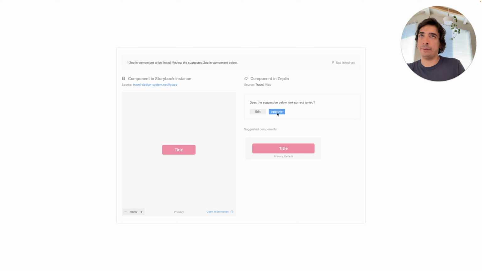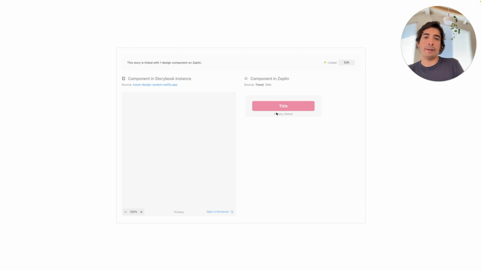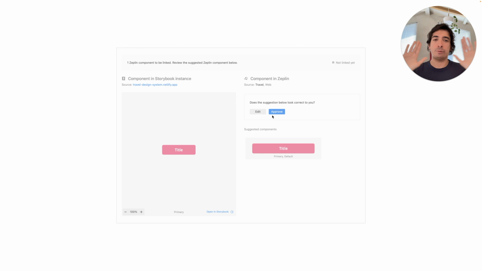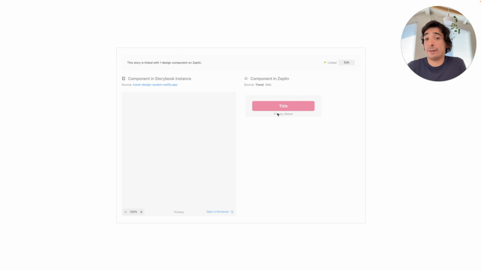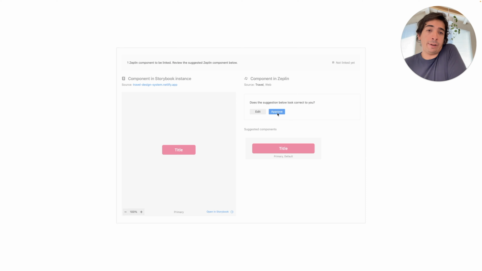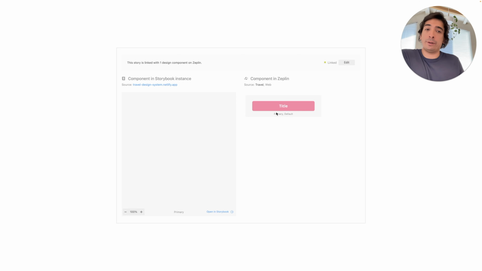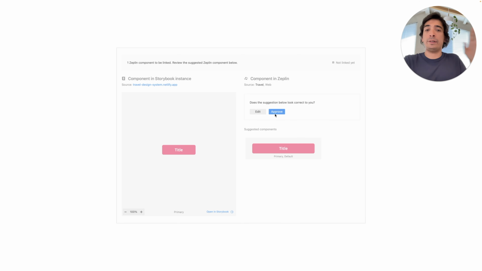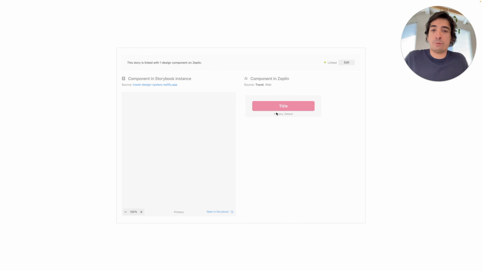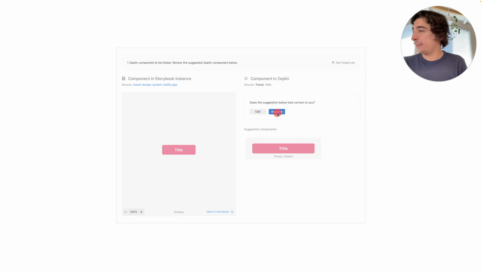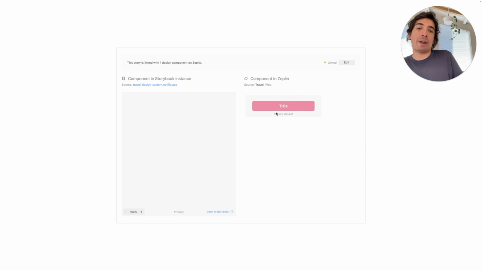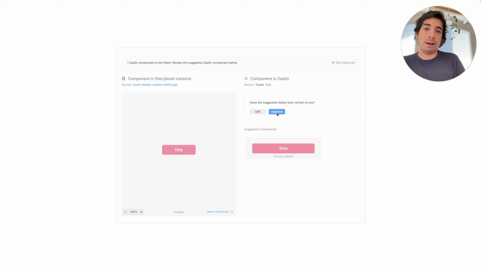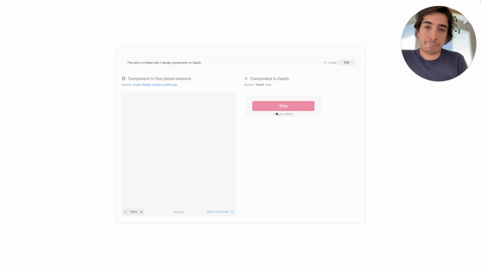So Zeplin, with this UI, provides suggestions based on your naming conventions, so you can easily connect those two things together. And once they're connected, whenever you're viewing a component in Zeplin or you're viewing a component in Storybook, you have access to the other tool, so you can quickly jump between the two to basically get all the information you need. This is another way of keeping explicit connection between the components in design and components in code.